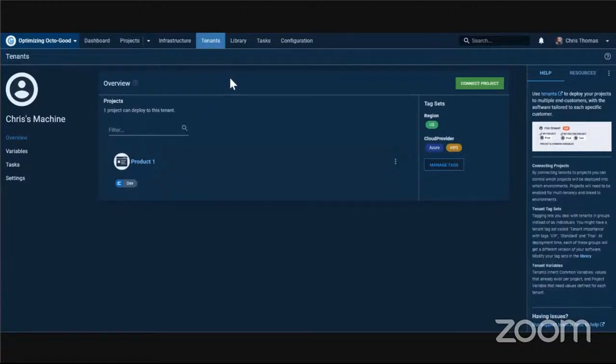So, for instance, Chris and Bob's machine, those are never going to make it into test because they're not testers, they're developers, for instance, right? You can put those in and you can actually then make Bob's machine a multi-project tenant. It's definitely not the use case, it's more that tenants is generally something that you can do to cut down